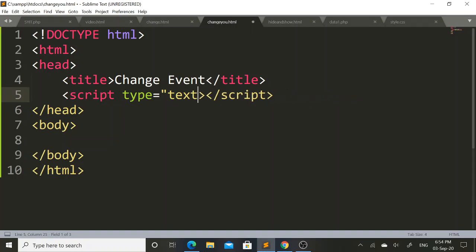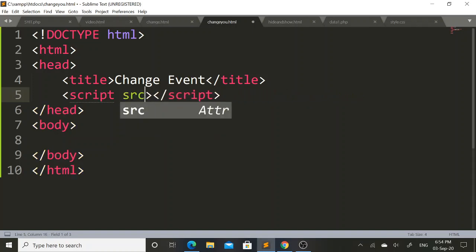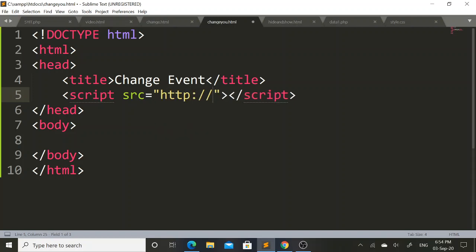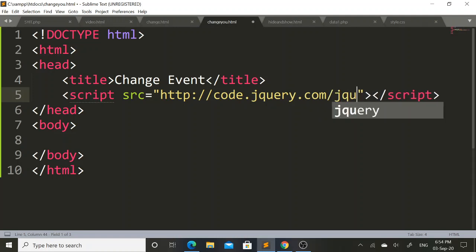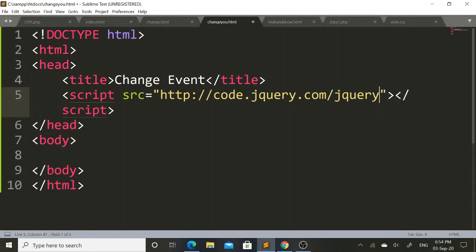In this script tag I will mention src, it means source attribute. In this src attribute I will pass one value, that is http colon double backslash code dot jquery dot com slash jquery hyphen 1.10.2.js.